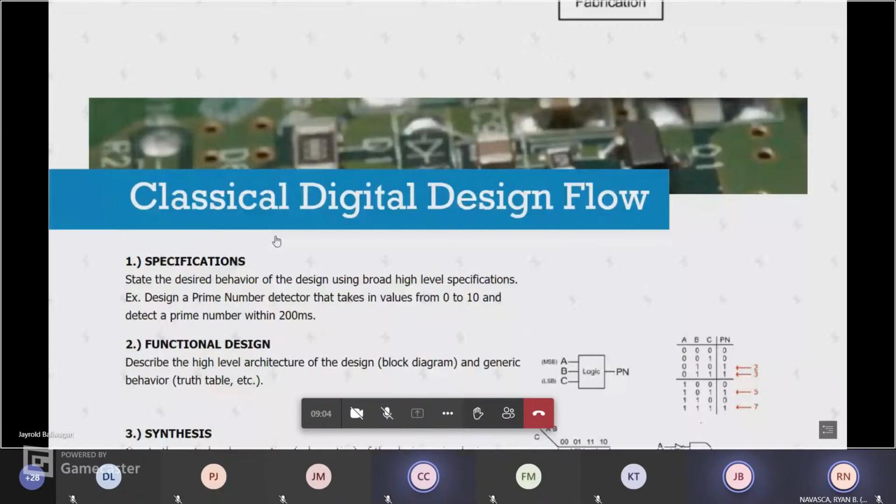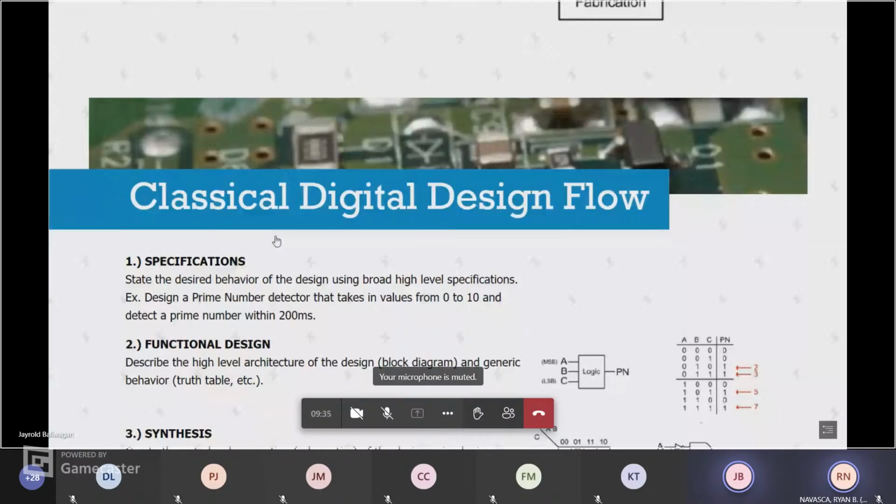So it is entirely possible that once you become a computer engineering professional, you might have a career in hardware design. So paano nga ba nag-uumpisa yung process once you are a hardware designer? So it starts with specifications. It may be individual, but usually it's a part of a team